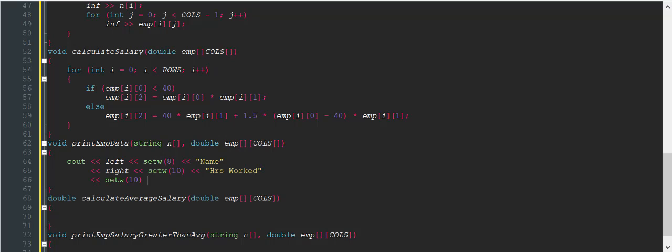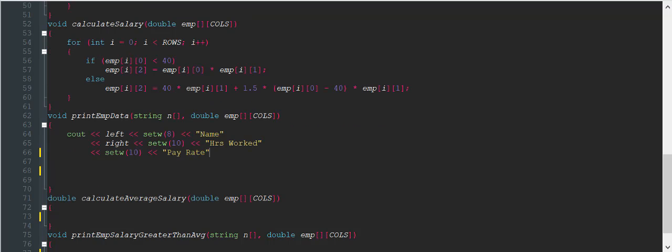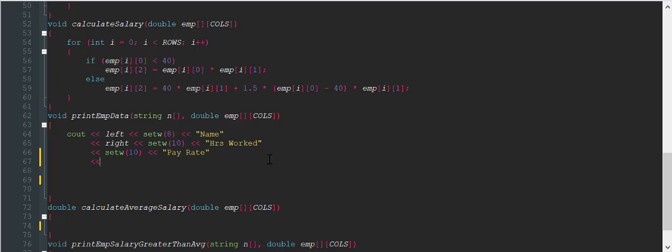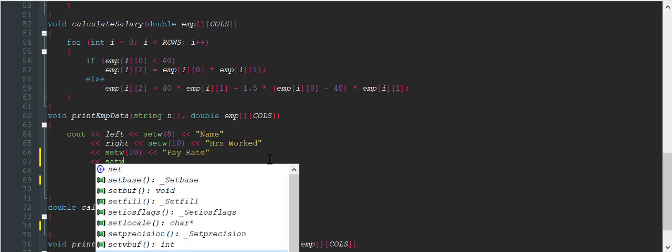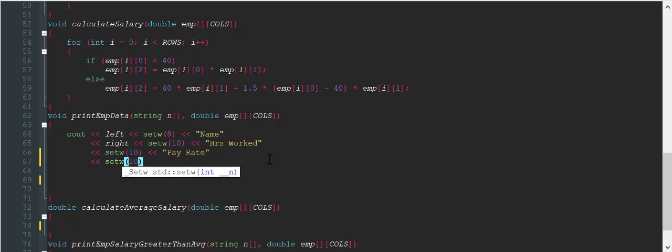Set W10 pay rate. Now after we do that, we come here and we do set W 10 salary endl,